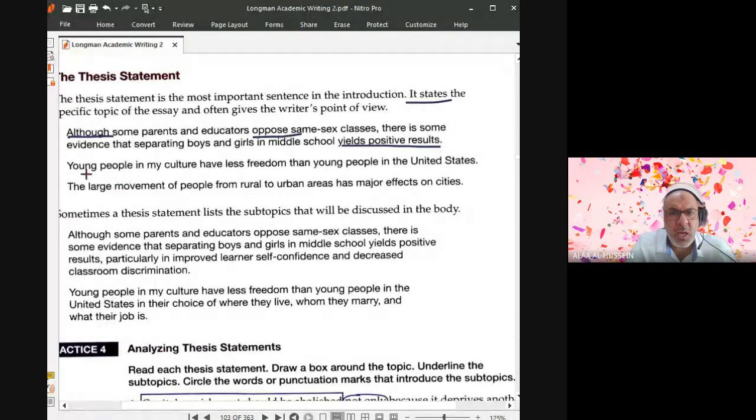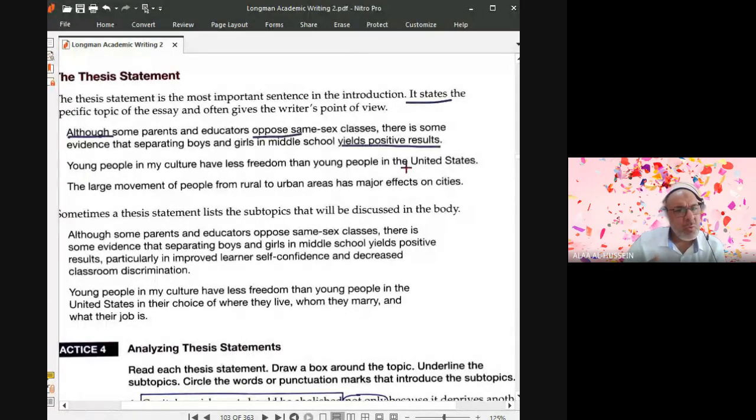For example, if we look at the second sentence, young people in my culture have less freedom than young people in the United States. Very straightforwardly stated. And this sentence is very straightforward. The writer expresses his or her point of view directly. So,